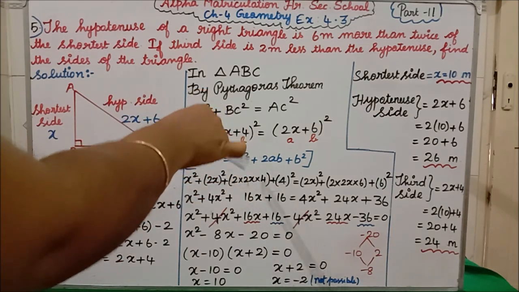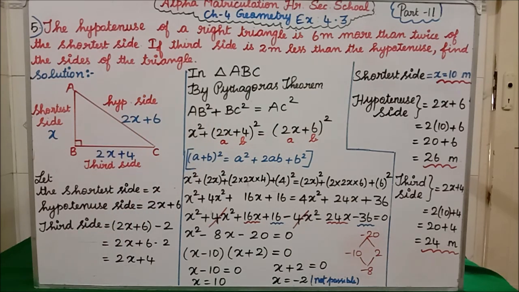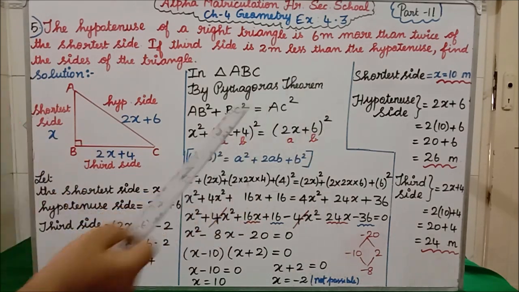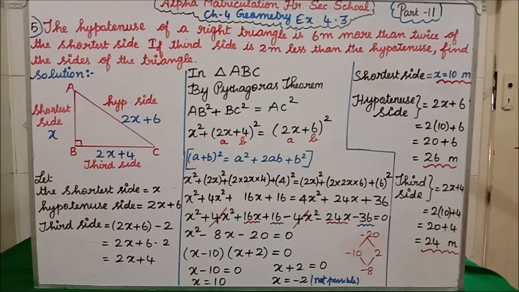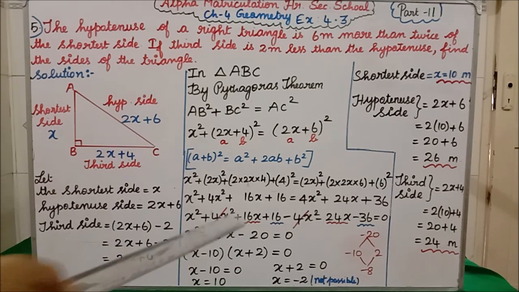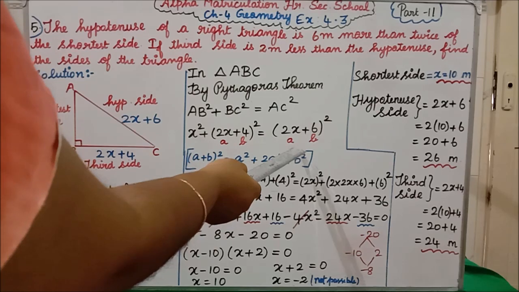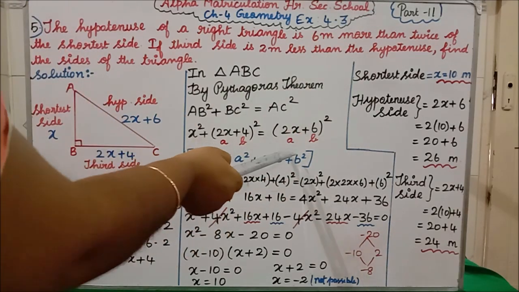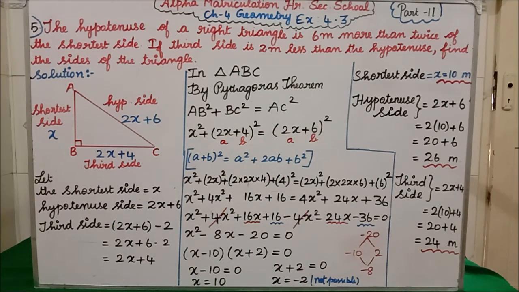Two terms together we are having whole square, which means what formula we have to apply? We have to apply the (a plus b) whole square formula. Clear? What is the (a plus b) whole square formula? a square plus 2ab plus b square. Clear all of you? Here similarly, on this side, we also have (2x plus 6) the whole square. Here also we have to go for (a plus b) the whole square.